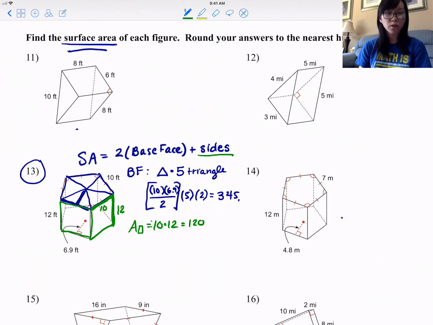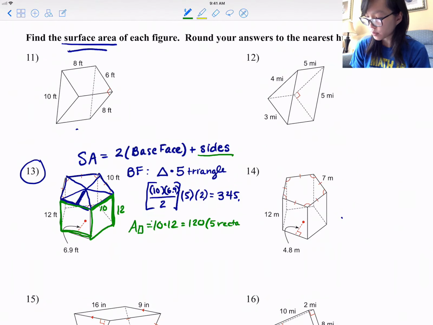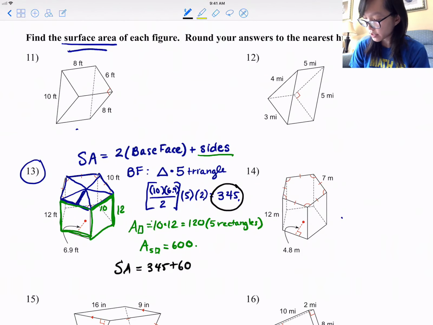But notice we need to find the whole surface area, and there are 5 of these rectangles. So I'm going to multiply 120 times 5 because there are 5 rectangles. The area of all 5 rectangles is 600. And finally, we can calculate the surface area. The surface area is 345 plus 600, which is 945 feet